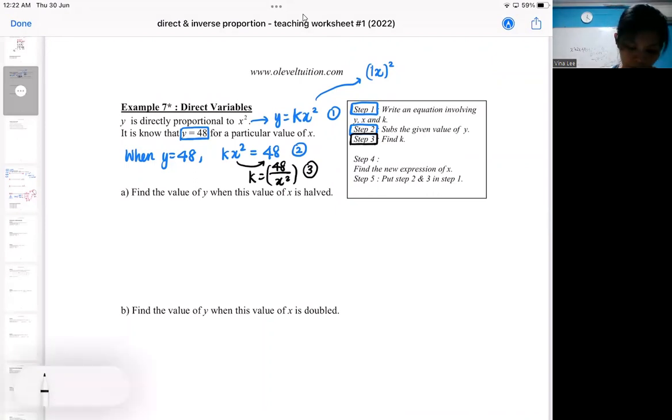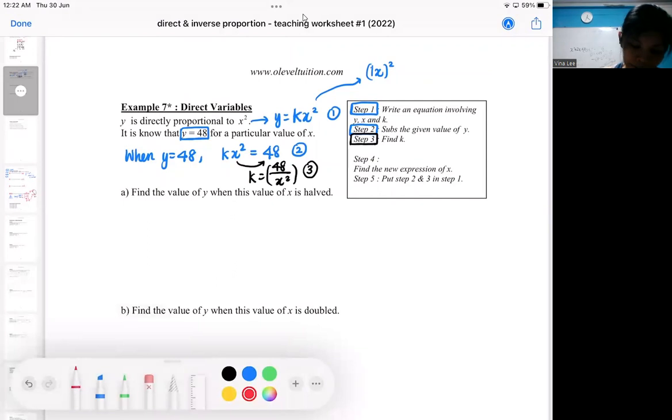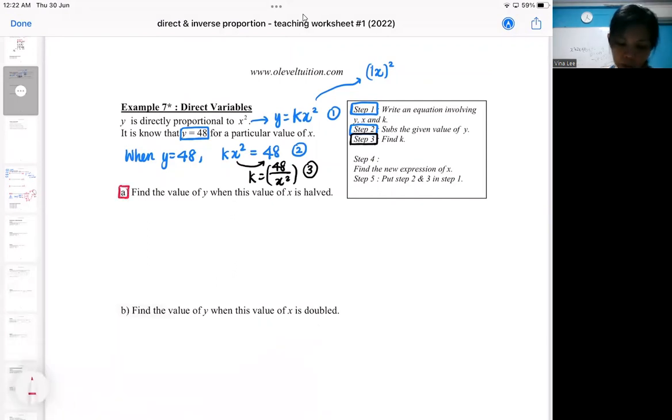When we answer the question, we've got to be questioning here. We want to find the value of y when this value of x is halved. Some people will be questioning, I don't even know what that particular value of x is, so how am I going to halve it? We're going to do it in a very generic way. So when x is halved,